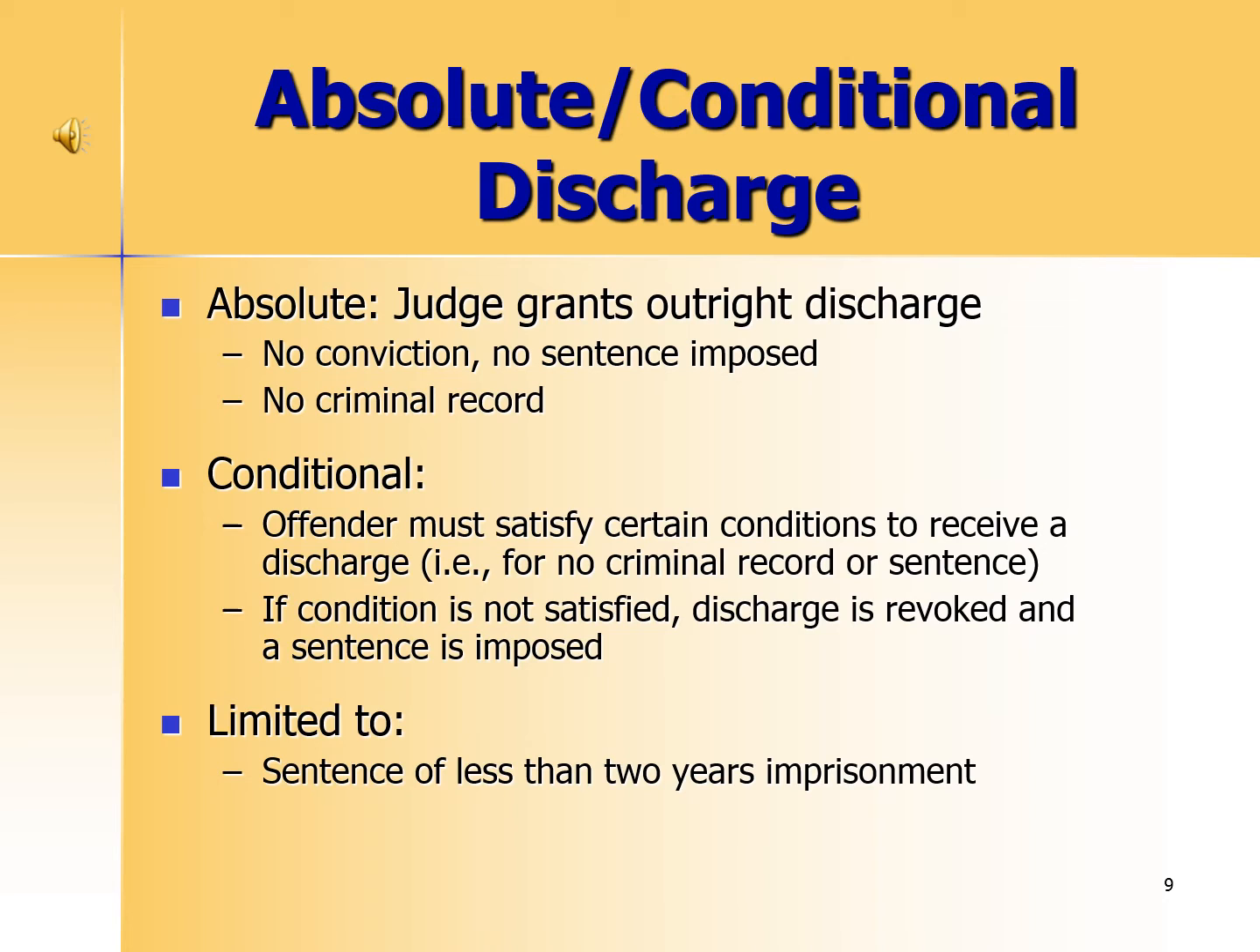Now, a judge can also grant what's called a conditional discharge, and in this case, an offender has to satisfy certain conditions to receive the discharge. In other words, if they satisfy these conditions, they will not have a sentence or any criminal record. If the condition is not satisfied, then the judge can revoke the conditional discharge, and then a sentence may be imposed. Absolute and conditional discharge is basically limited to sentences of less than 2 years imprisonment, so summary